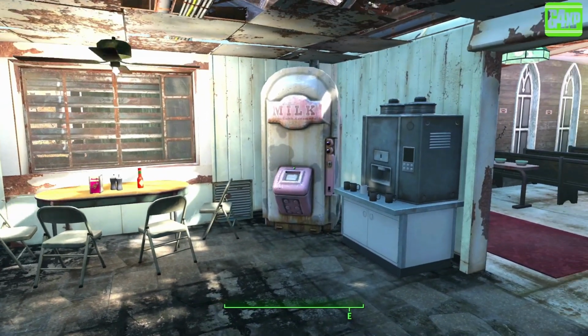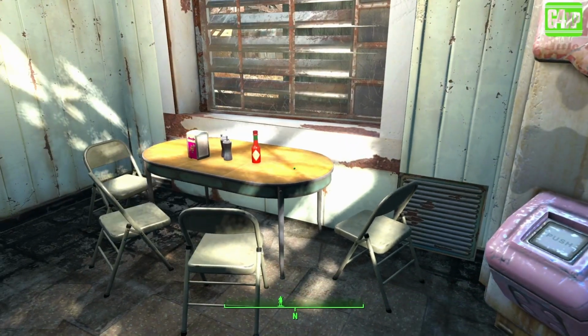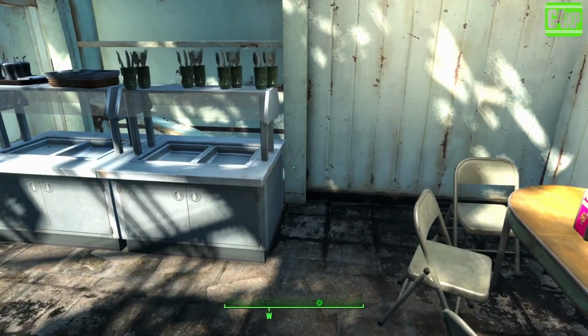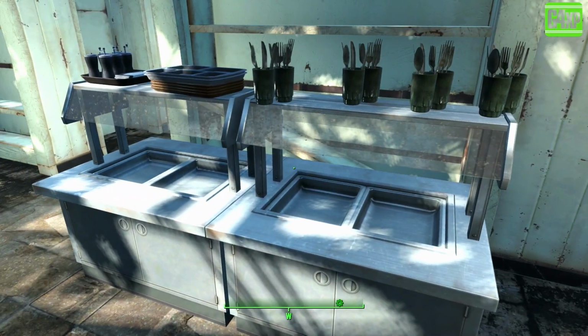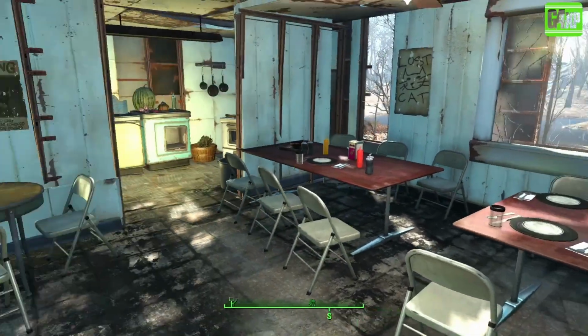This coffee machine, obviously you need some milk. There's a milk vending machine. It's a bit empty at the moment, but we can put milk in there. And then, yeah, there's an eatery, and several tables. And we do have quite a